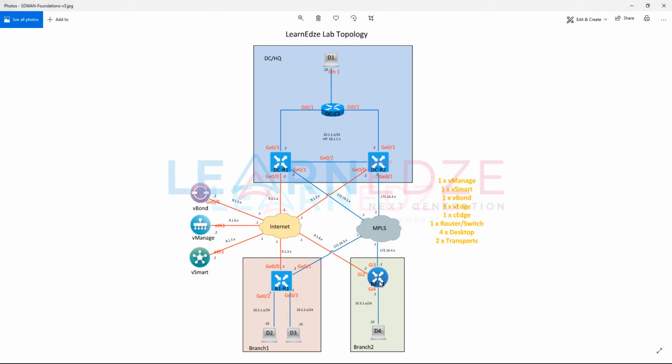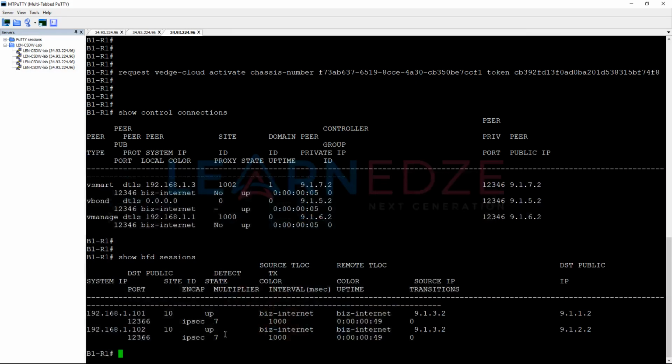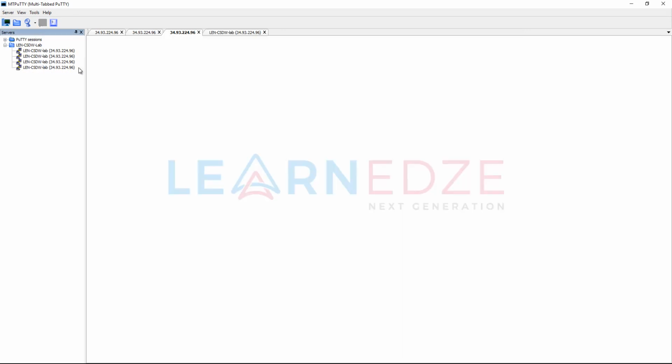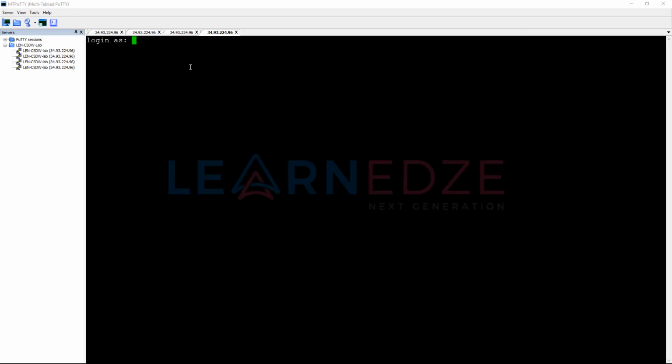Okay, now let's bring up the C edge, which is part of branch 2. So let me access that. Let me just click on it. I have just admin. So this is basically a router, just a router, right? Because this is basically our ISR platform. What we can do here is